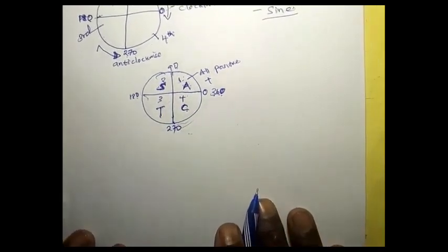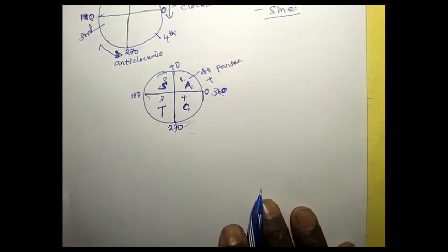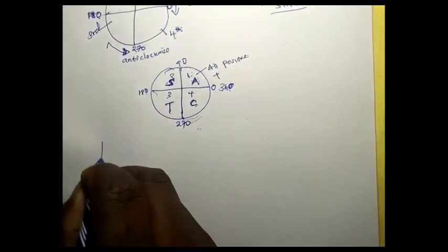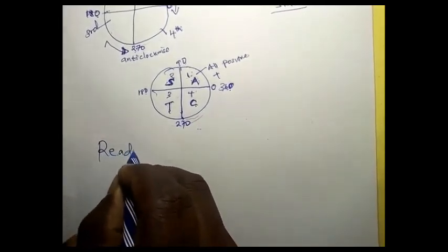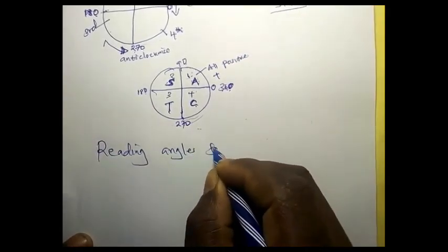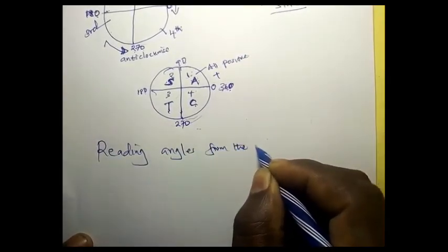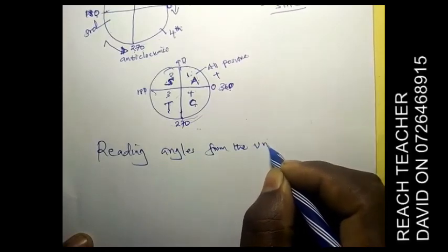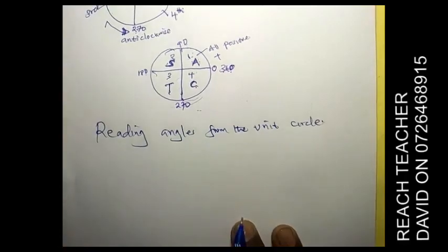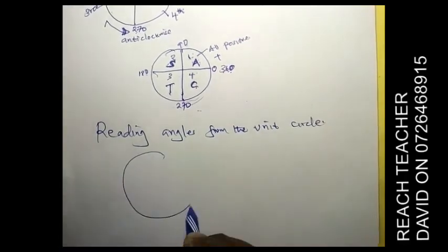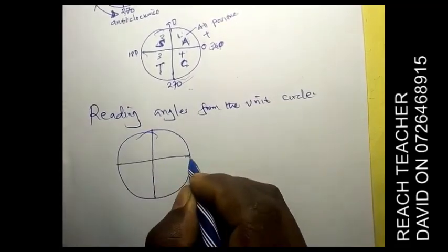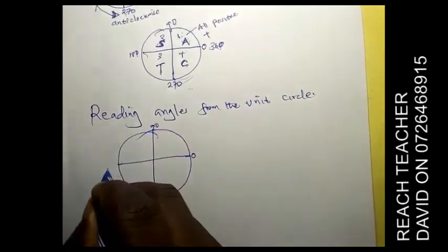After we have said that, now we want to see how to read angles. Reading angles in the unit circle. I will draw again the unit circle. Like I have said, here is 0, 90, 180,